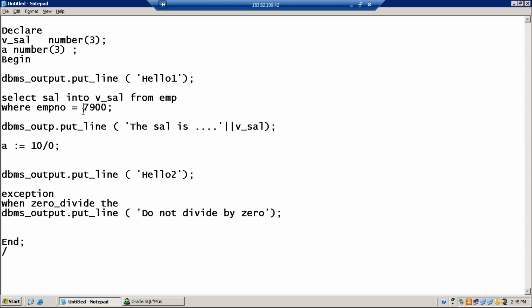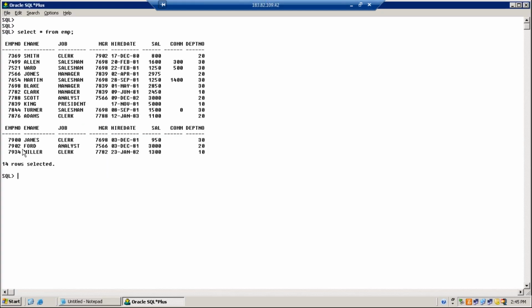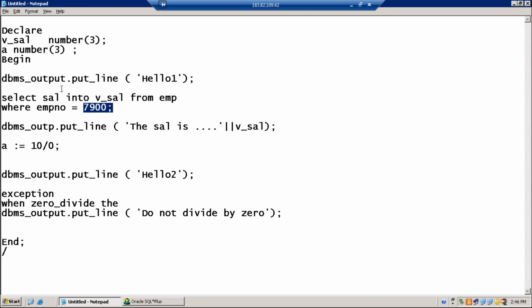If you look at the salary of 7900 right now, it is 950. As it is 950 here, as of now there is no value error exception. But in future, if you run the program maybe after one week, the 950 may be updated to some other 4-digit value. In that case, a value error exception is raised. It is the developer's responsibility to catch all the possible exceptions.